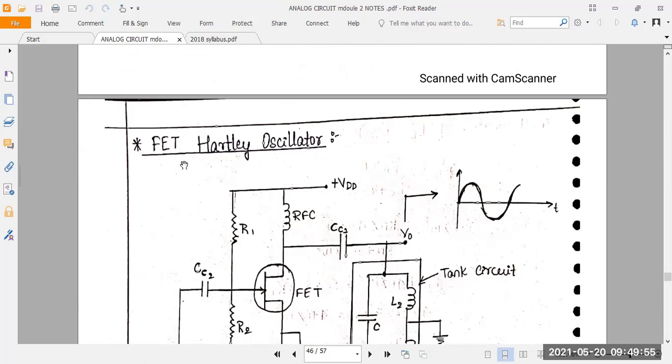Understood? In the previous class we discussed the oscillator, right? How we can generate the oscillation, and what the definition of the oscillator is. So here we can generate the AC signal by taking the DC input voltage. What is the DC input voltage here? Plus VDD. From the plus VDD we can generate the sine waveform. We almost get a full 360-degree cycle as output. So we are converting DC voltage to AC voltage. That is the definition of the oscillator.